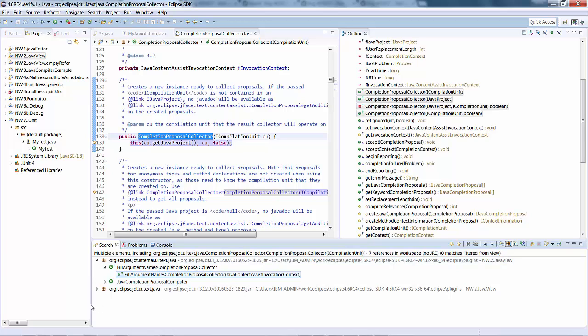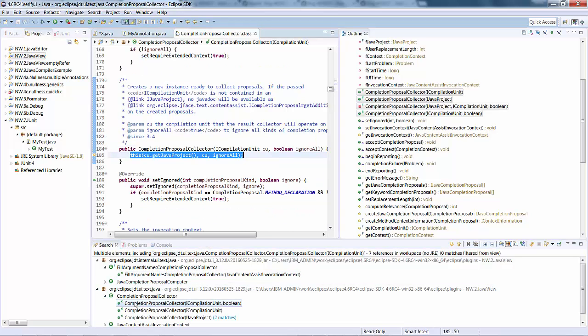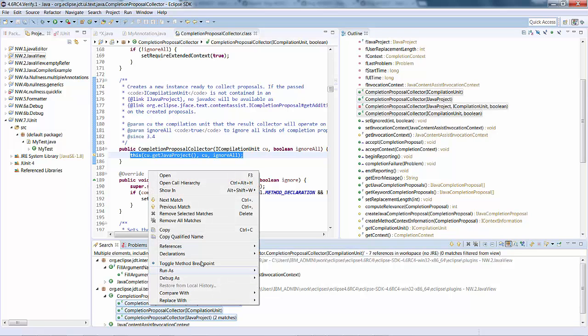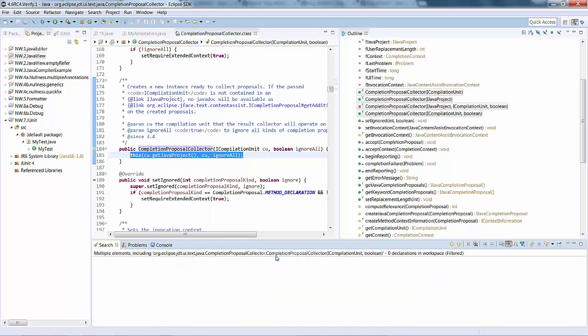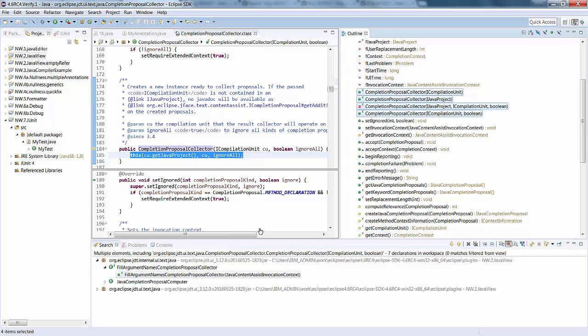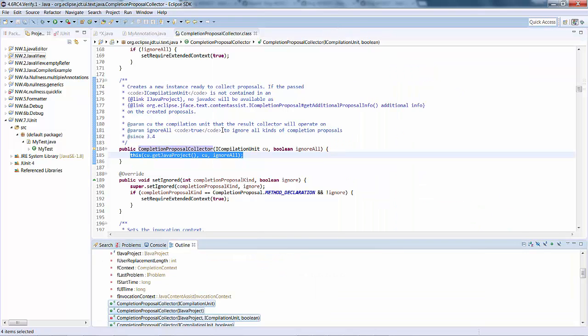Here you can see that the results are available under the search view. It searches for all of them or any of the constructors. Better still, you can select these constructors and do a further search. Let's search for declarations in workspace, and you get the result. So moving back to the code,